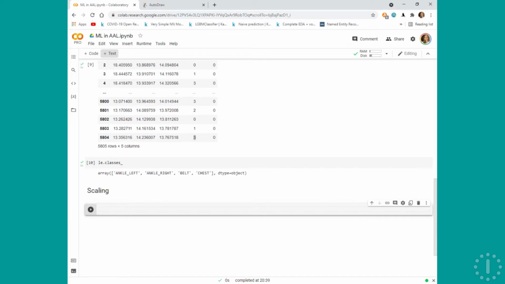Now the part of scaling. The scaling part is based on numeric values. You're having different types of scaling. We're going to take a look at the min-max scaler from the sklearn library. Let's take a look